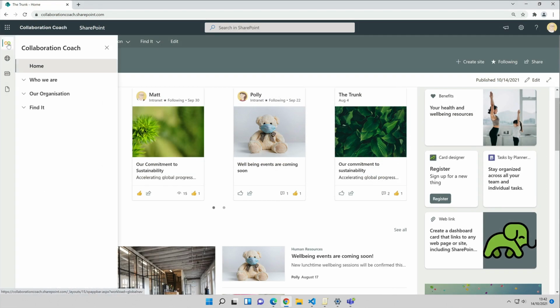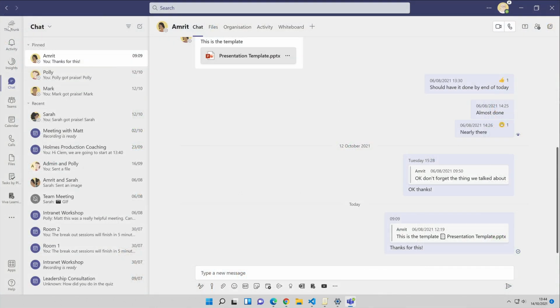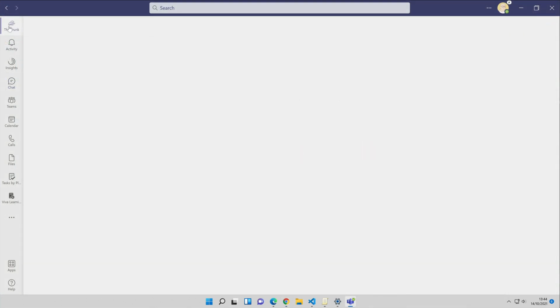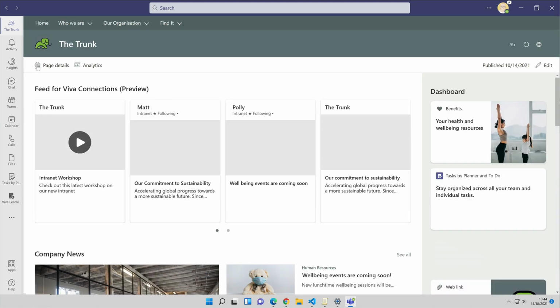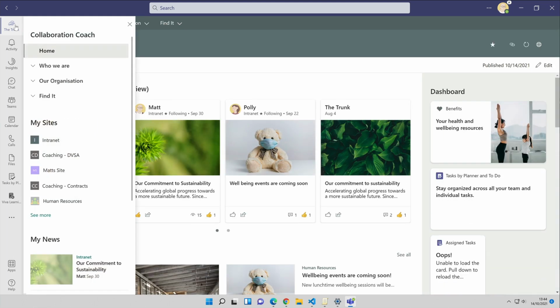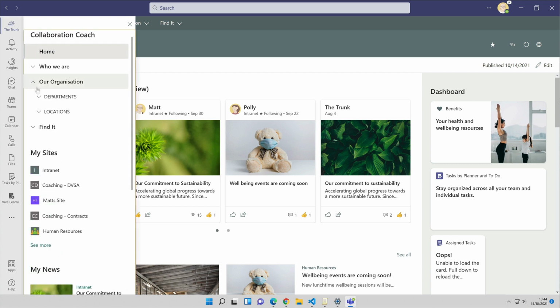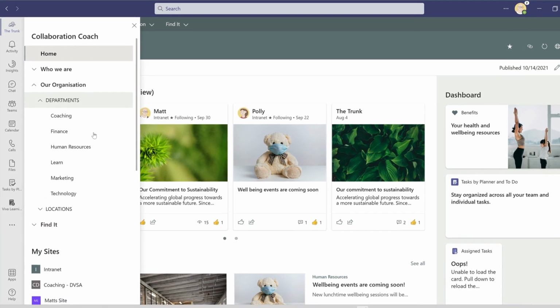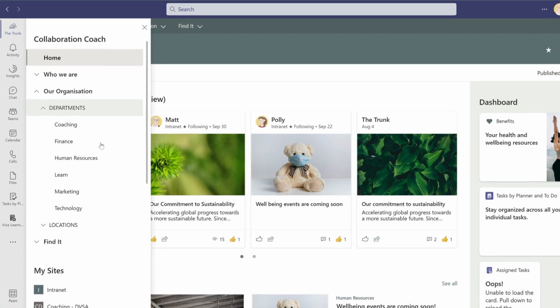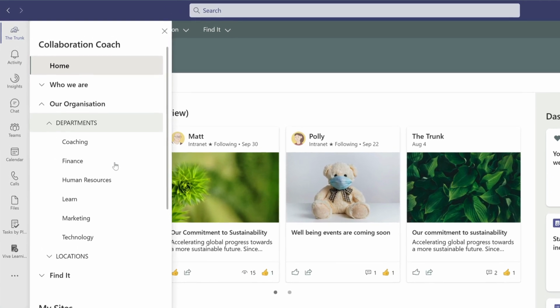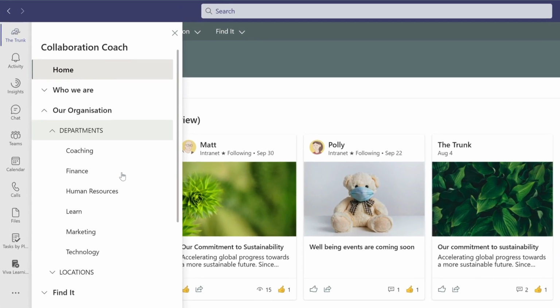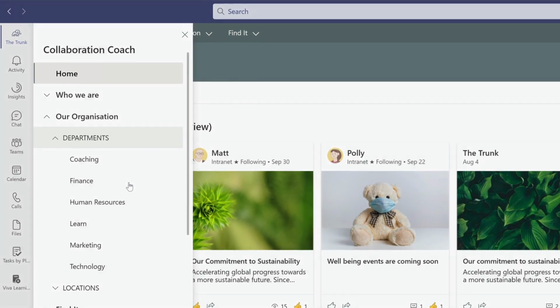and configure it with a fancy new navigation. And we could add that site to Teams as an app, so it gave us the option to have our intranets running from inside of Teams. Now that all had to be done with PowerShell script initially, but now that's changing, so a home site can be added with the UI in the SharePoint Admin Center. And there will be a Viva Connections app that can be customized and added to Teams, so it shows up for everyone on the left-hand rail.